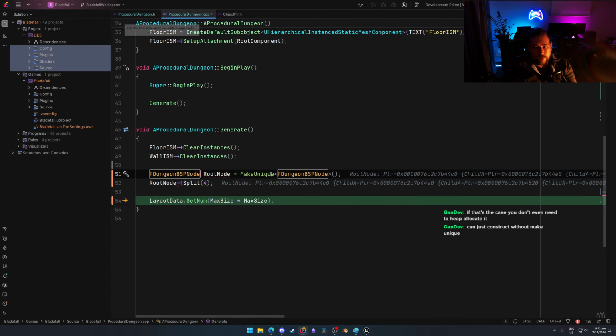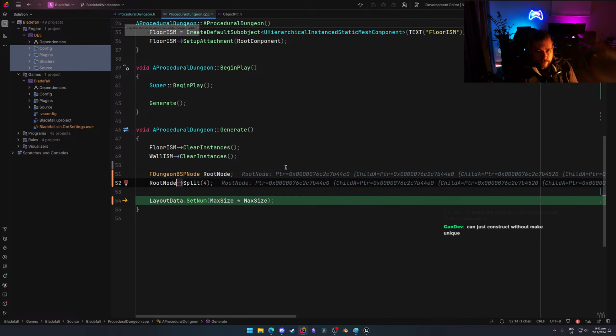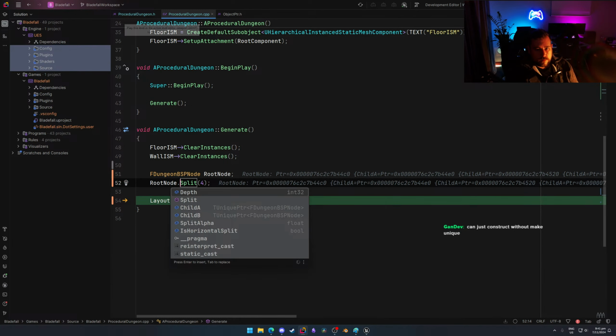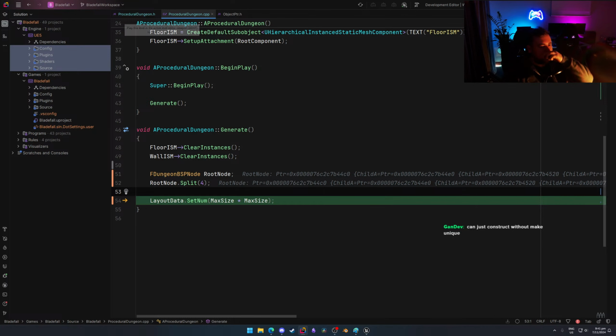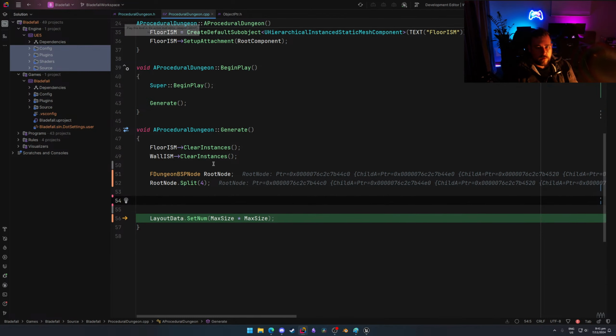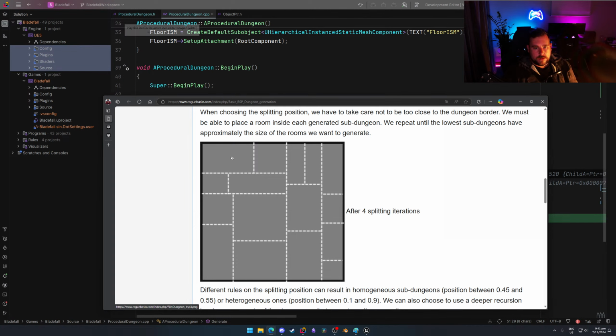Can do that. I don't even need that either then. Like that, okay. Construct it without make unique. Okay, well that works, so that's good. That's our first step done. We have the actual BSP ready to go. So now what I need to do is